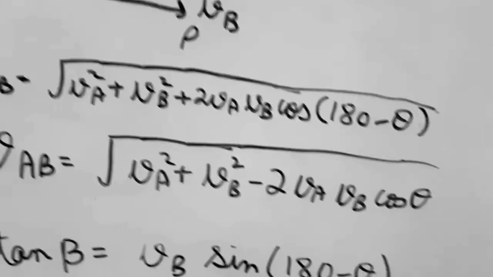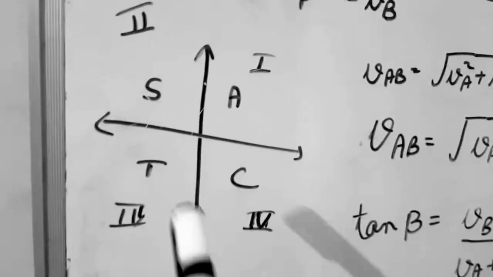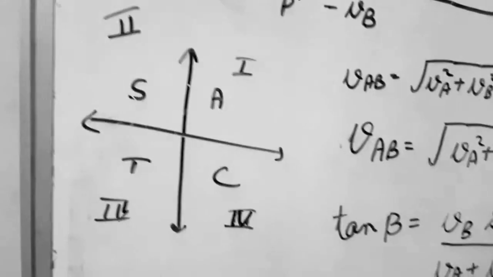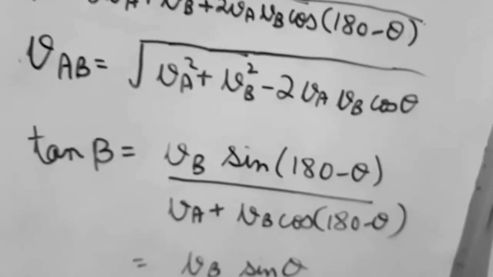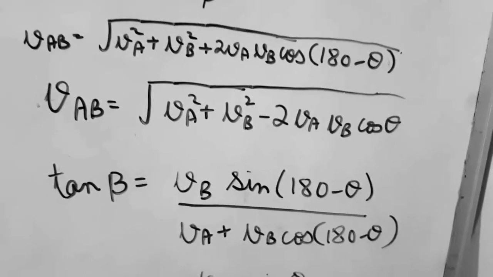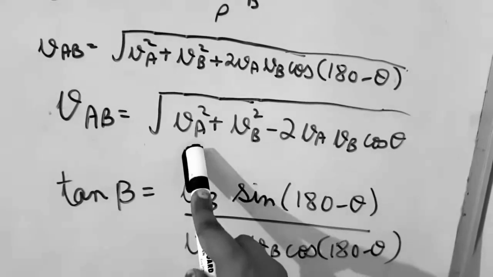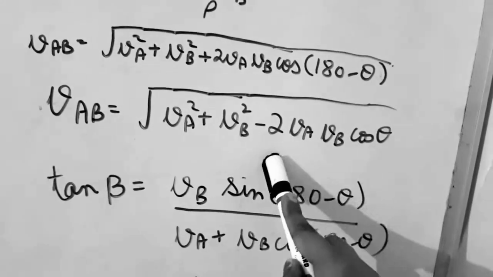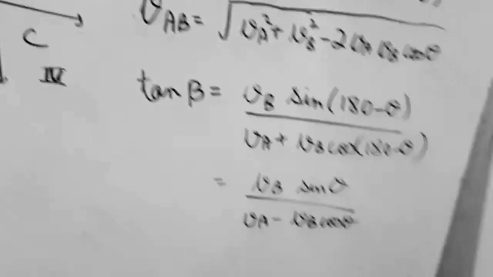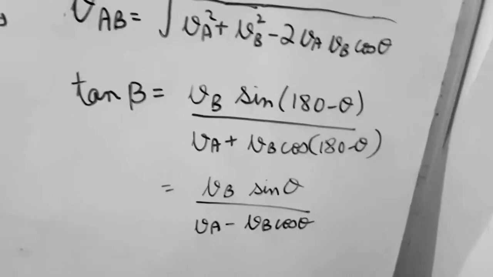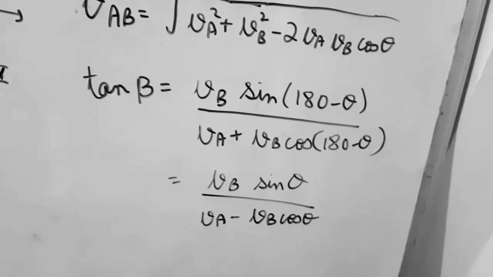Now what do we have here, cos 180 minus theta. 180 minus theta means second quadrant. So in this quadrant cos is negative. So cos 180 minus theta is equal to minus cos theta. So the resultant VAB is equal to under root of VA square plus VB square minus 2 VA VB cos theta. Now this is the magnitude, the direction of the resultant vector, that is the relative velocity, is given by